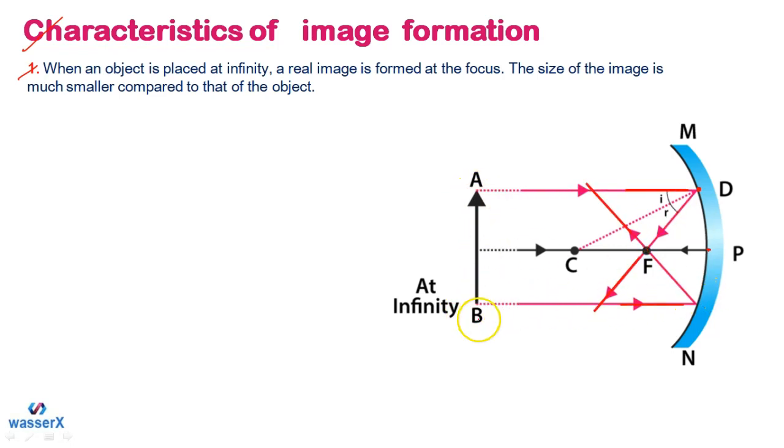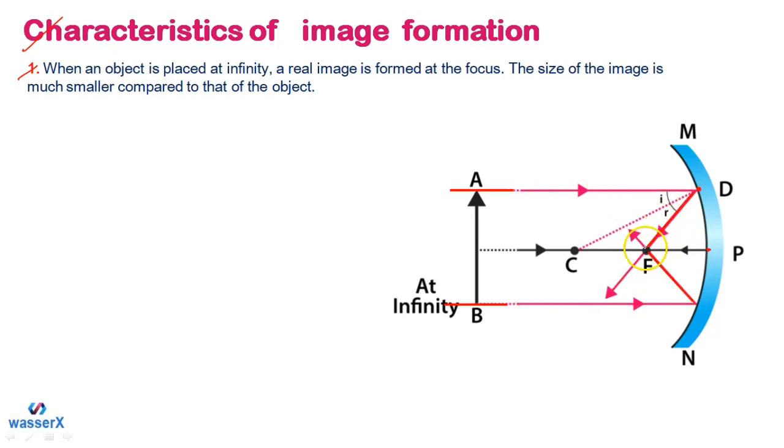Because we have taken here 2 rays only. Otherwise there are a number of rays, millions or billions of rays passing from the object, but for the purpose of understanding, we have taken only 2 rays, right? As you can see, these are passing from the focus, and from the center we have drawn a normal at the incident point, and it is obeying the laws of reflection, which is angle I is equal to angle R, that you should know.